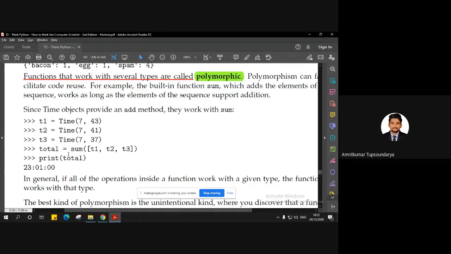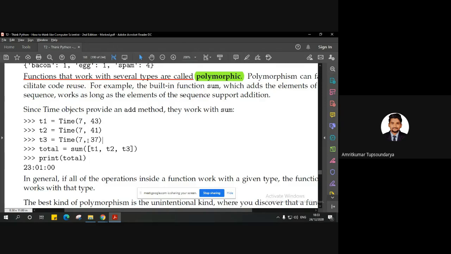But in this case, we are going to give the sum method a list as an argument, and then it is going to give whatever output is expected, right? In that list, we are going to provide three timings, that is T1, T2, and T3, which are initialized here: 7 hours 43 minutes, 7 hours 41 minutes, and 7 hours 37 minutes, right?